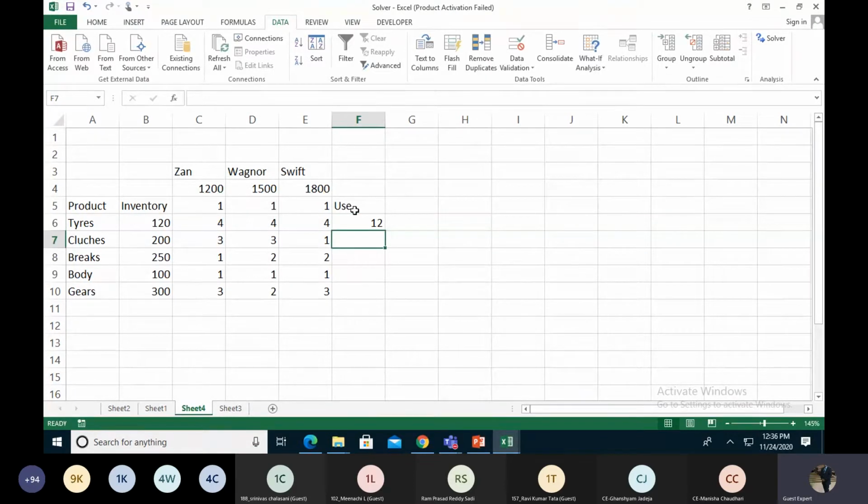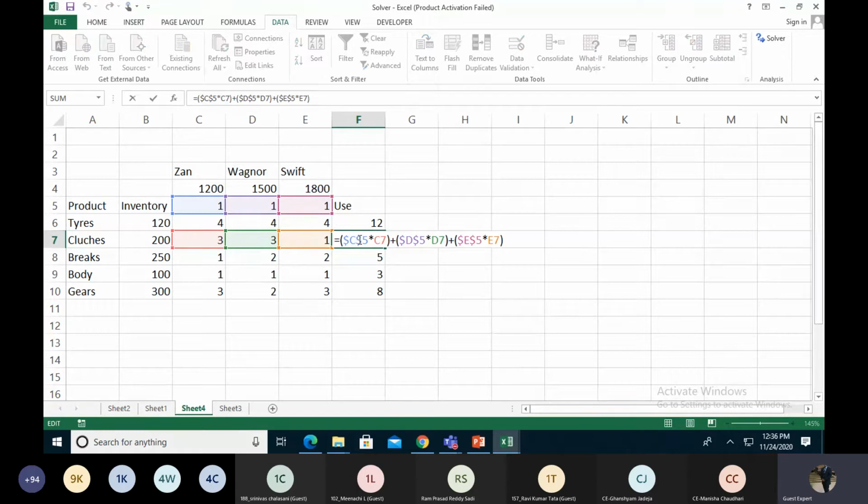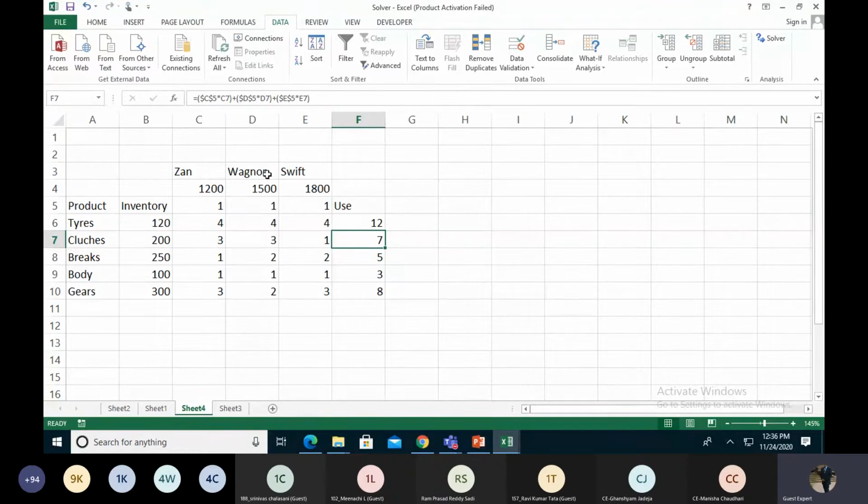So for making one Zen, one Wagon R and one Swift Dzire, we're using 12 tires right now. So in inventory 120, the 12 tires are being removed right now. We just drag it. Why? Because we make them constant. So every time it's just checking, they require 7 clutches for making one of each: the Zen, Wagon R and Swift.